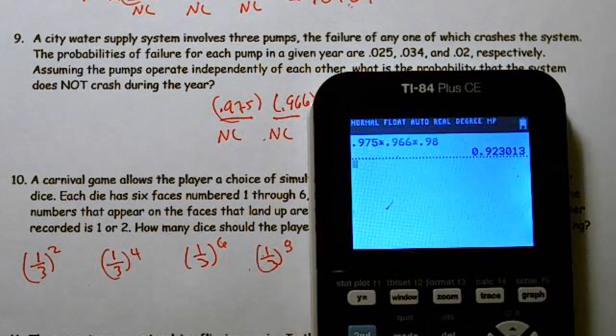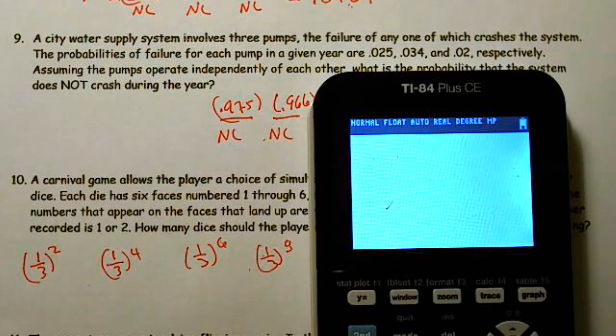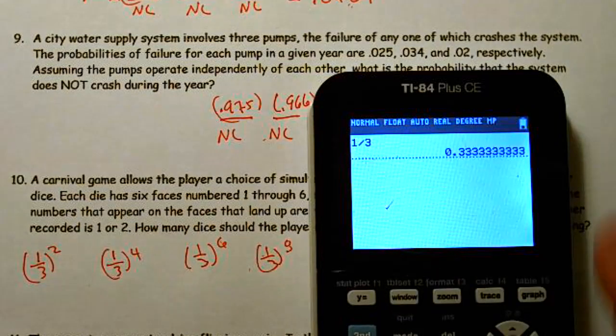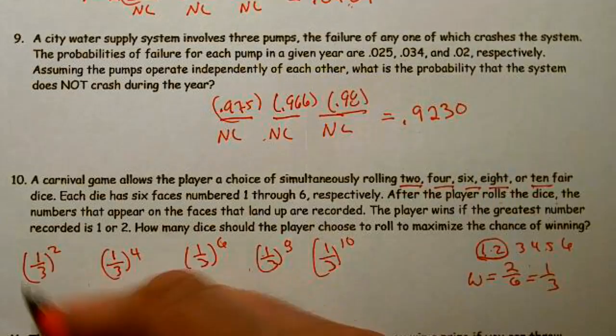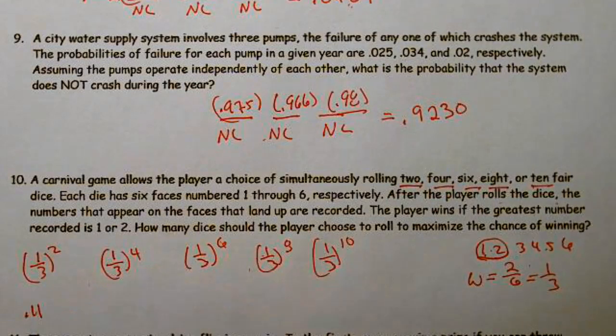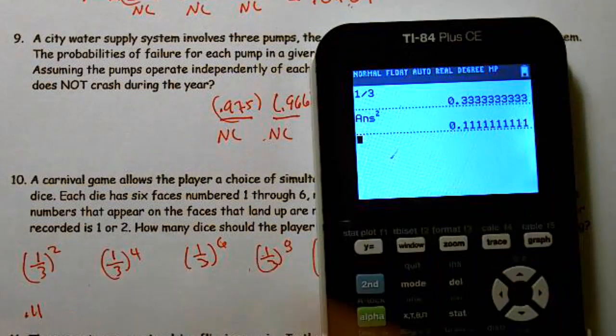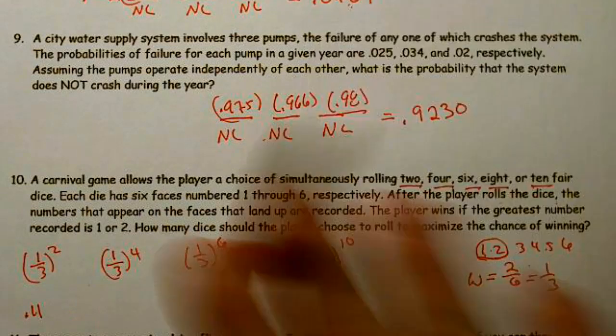Well, 1 divided by 3 raised to the 2nd power, 0.111 chance. On this one, parenthesis 1 divided by 3, close parenthesis, raised to the 4th power. Ooh, it's getting smaller,